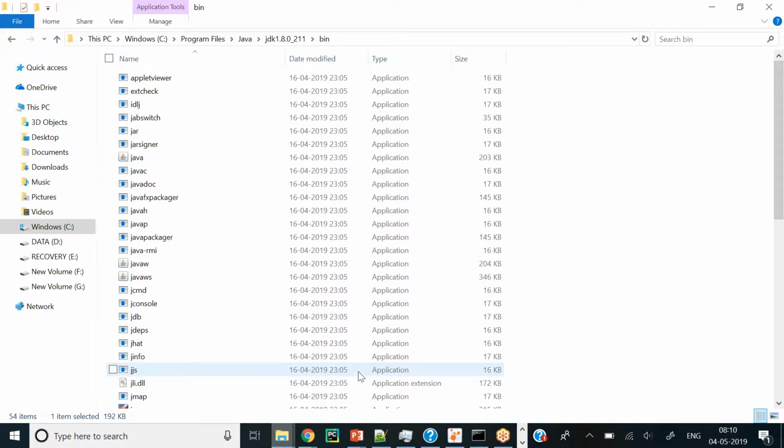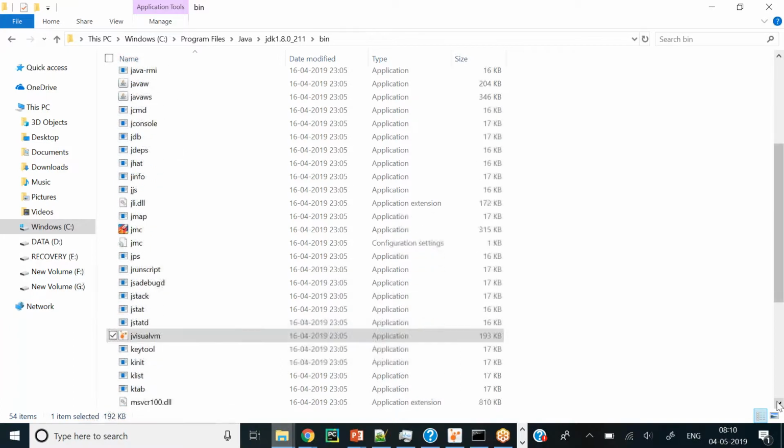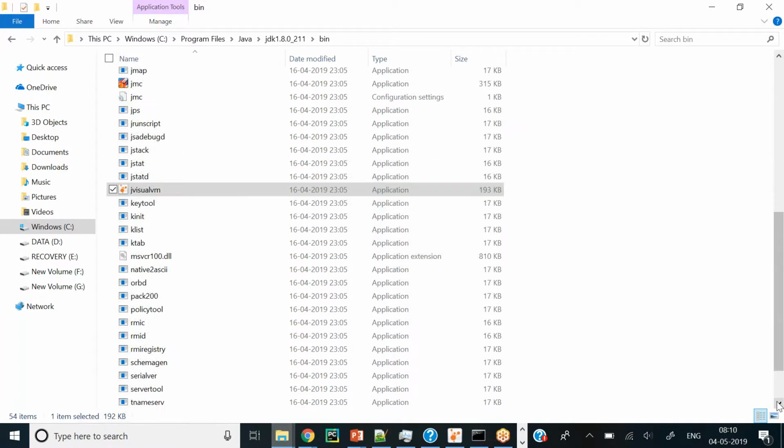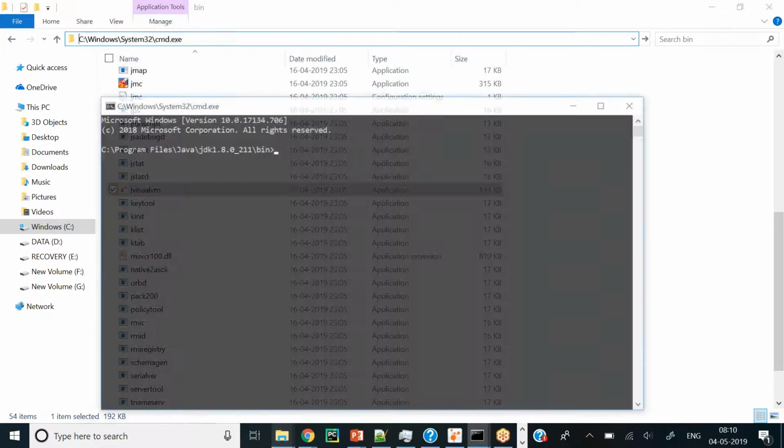jmap is for your memory dump. Likewise, jstat is also there. So these commands are there: jps, jstack, and jstat. We need to understand these commands.